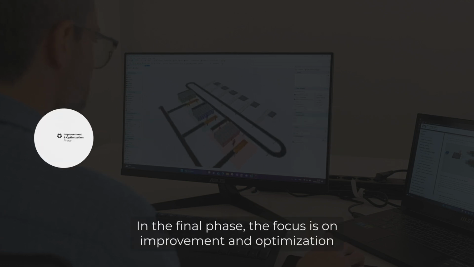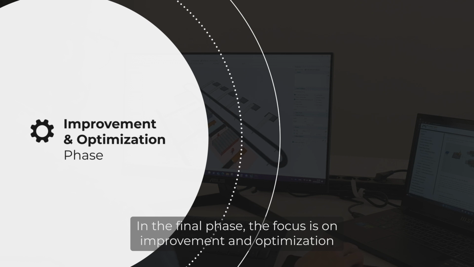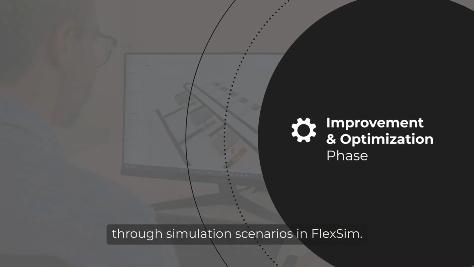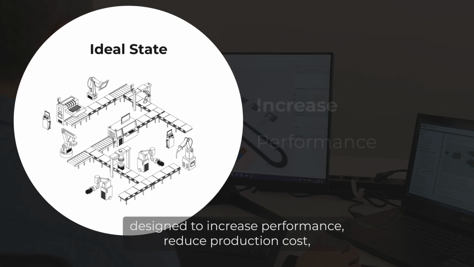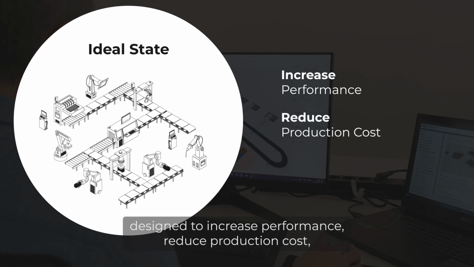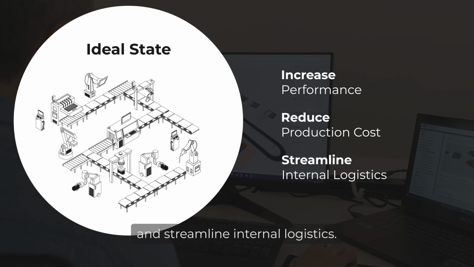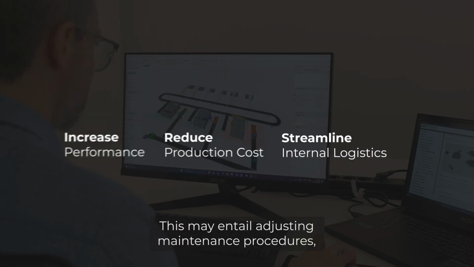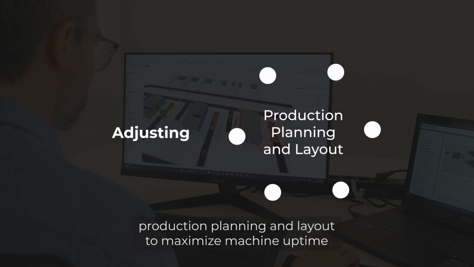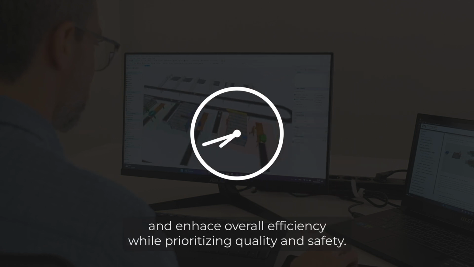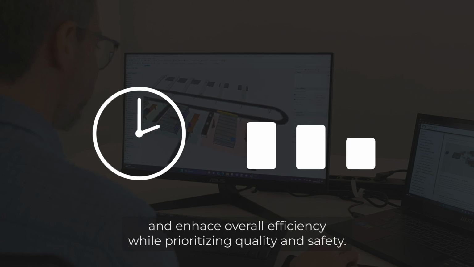In the final phase, the focus is on improvement and optimization through simulation scenarios in FlexSim. This step is dedicated to engineering an ideal state designed to increase performance, reduce production costs, and streamline internal logistics. This may entail adjusting maintenance procedures, production planning and layout to maximize machine uptime and enhance overall efficiency while prioritizing